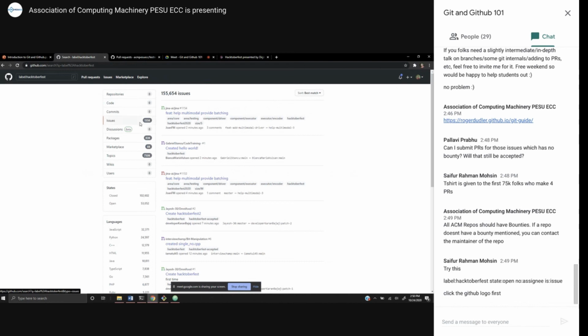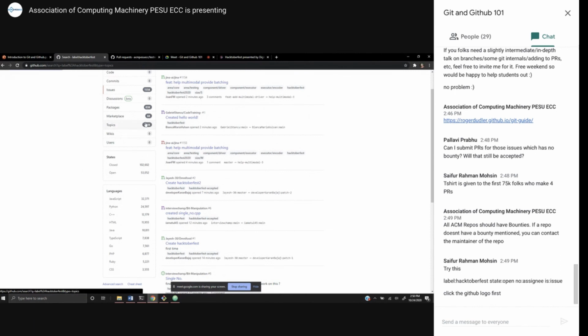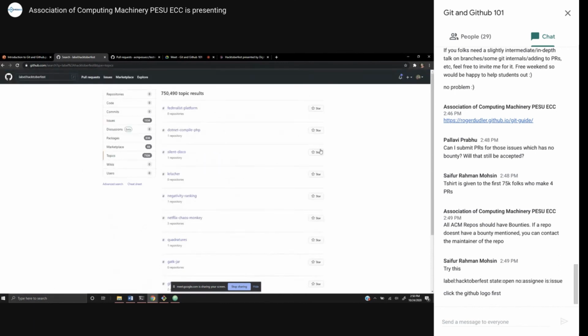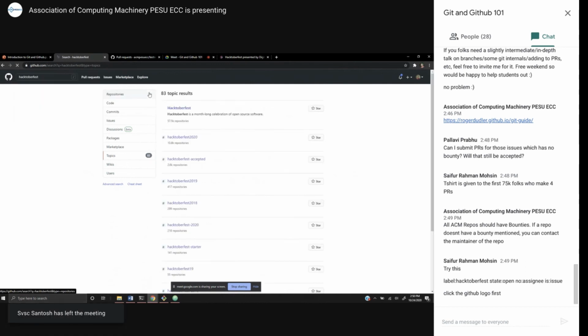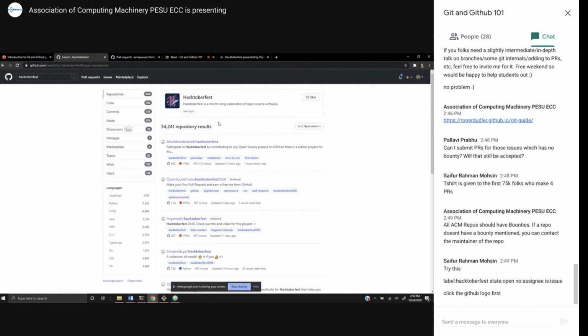So there should be a topic if we can see. You can see issues with the label Hacktoberfest. If we remove that label part in the search parameter, we should be able to see the main topic. So it has around 57,000. Click on the first one, Srujan. Yeah, 54,000 repositories. If we click on see topics at the top in Hacktoberfest,